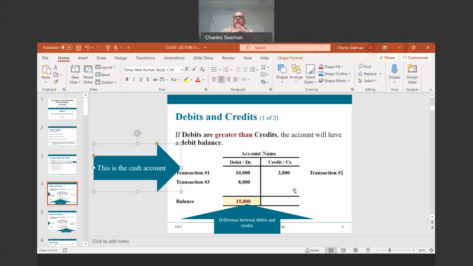So we increased it by 10,000 in transaction 1. In transaction 2, we decreased it by 3,000. And then in transaction 3, we increased it again by 8,000. So the debits are 10,000 plus 8,000, which is 18,000. The credits are 3,000. So the difference